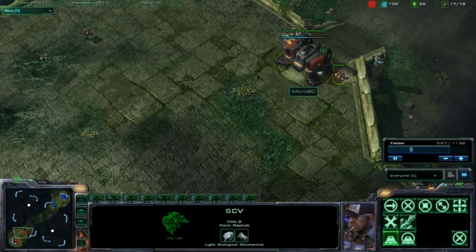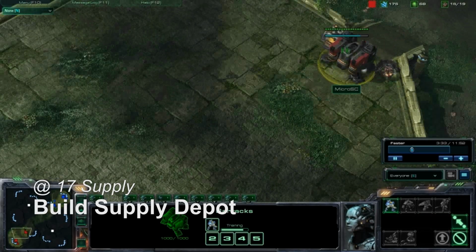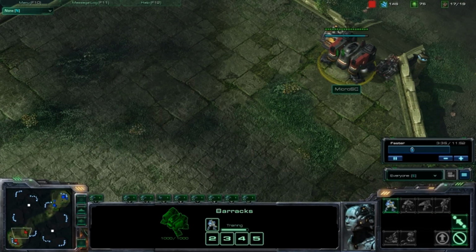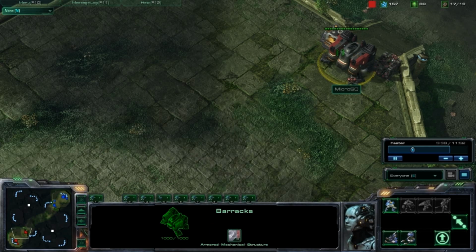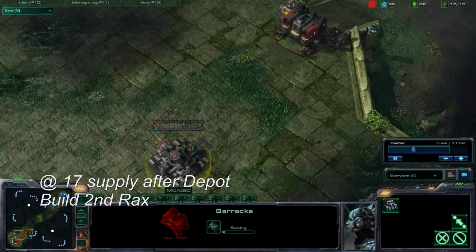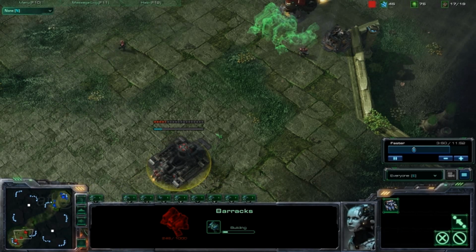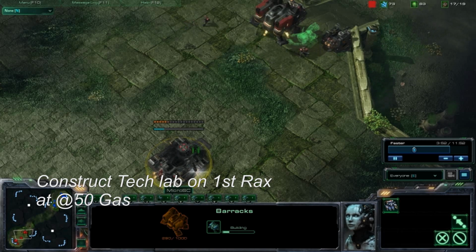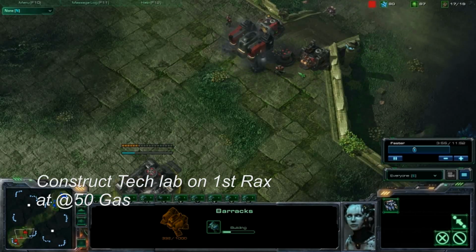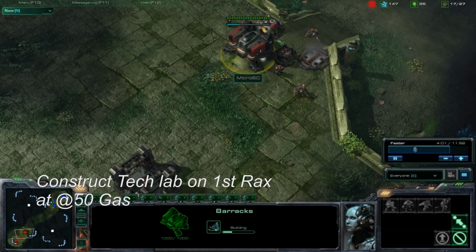And at 17 population, you want to build your supply depot. As soon as your second marine is done, you want to build a tech lab for your barracks. And at 17 population, you want to build your second barracks. About 17 to 18 population is up to you, but I would build it as early as you can. So there we go. We started building the first tech lab,